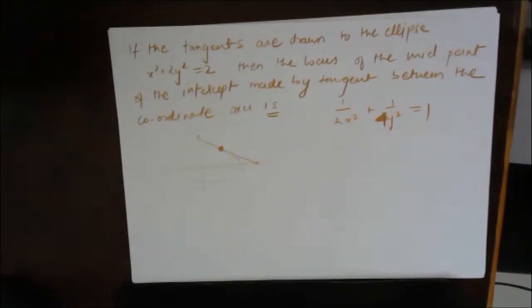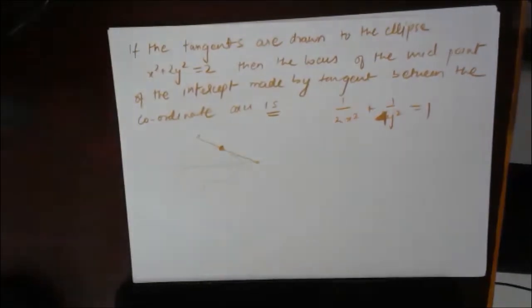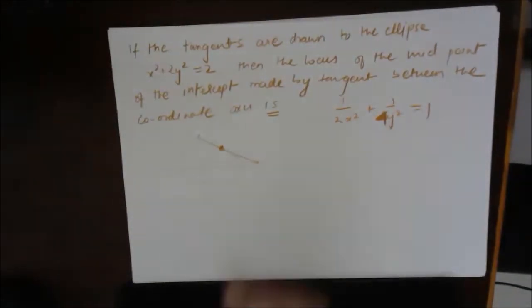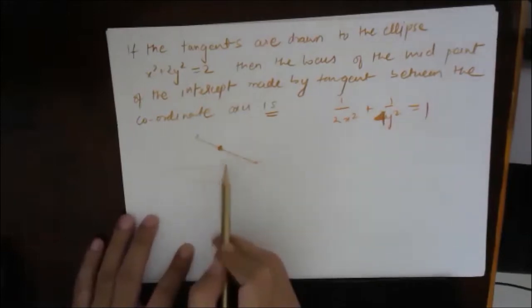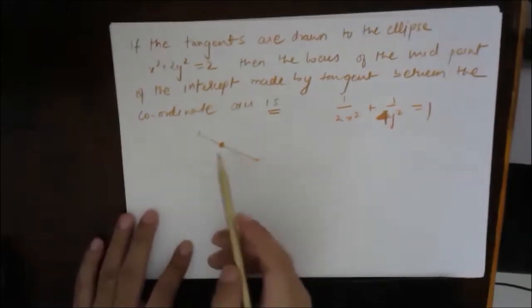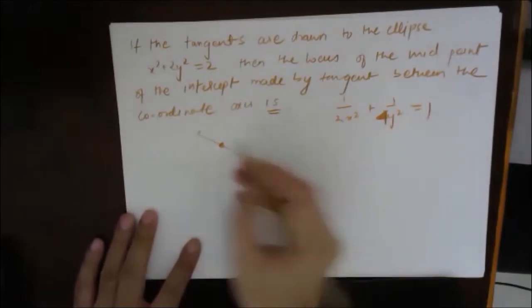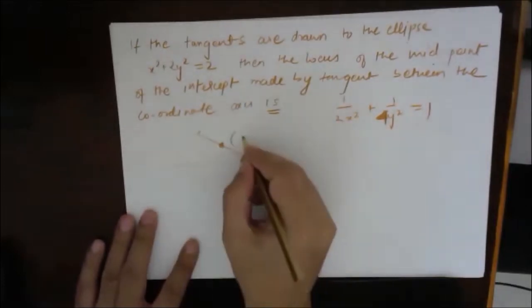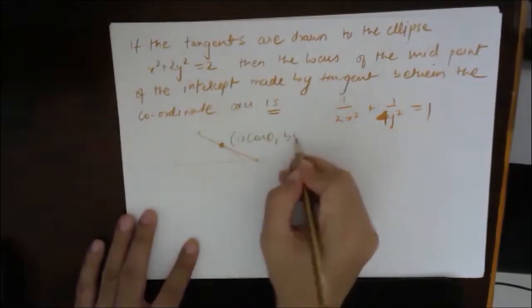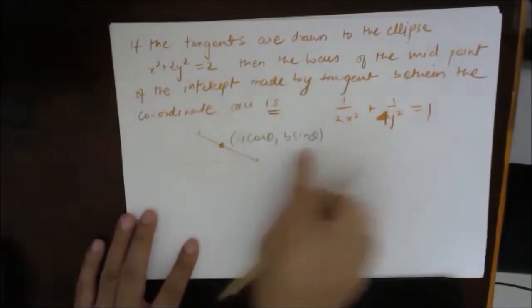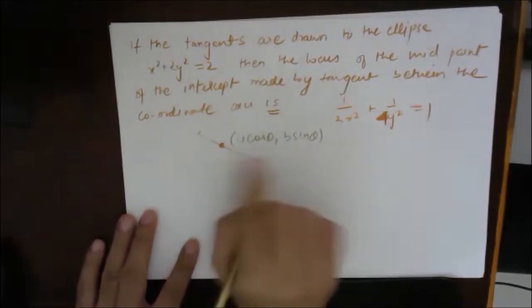Okay, very good. So basically what they are saying is that at any point on an ellipse, a tangent is drawn. Let's take the parametric coordinates, so the point (a cos theta, b sin theta) will be the point. Through this, if I draw the tangent,